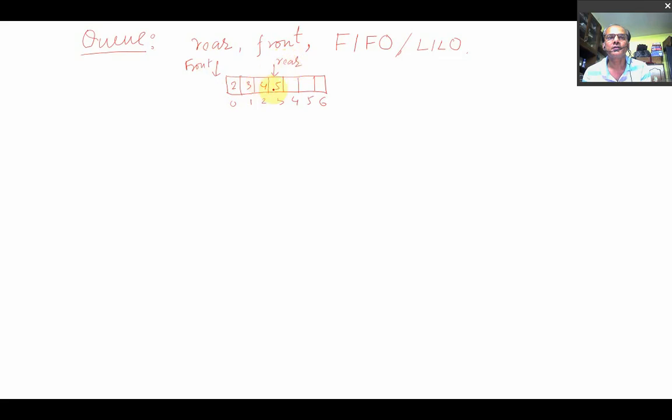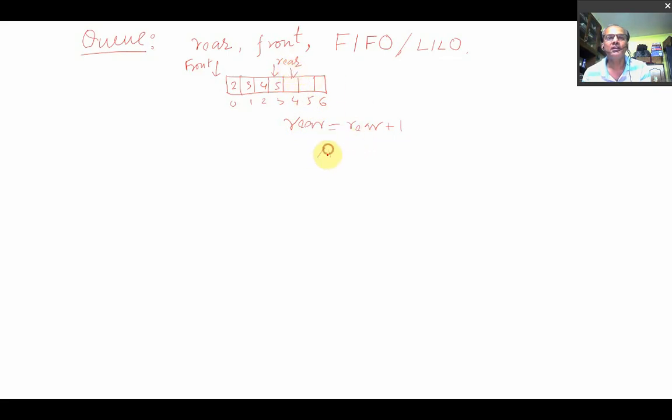Now if you want to insert one element, definitely you have to insert that element at the rear position. How do you do this? The simple thing is you can do this by incrementing the rear position, rear plus 1. That means this rear position will be updated to here.